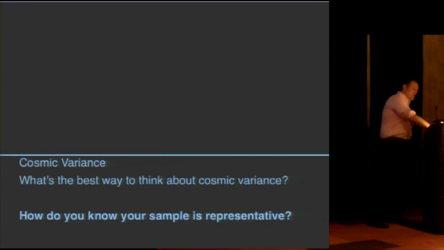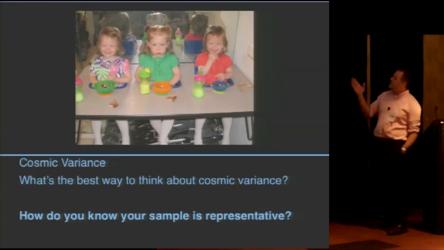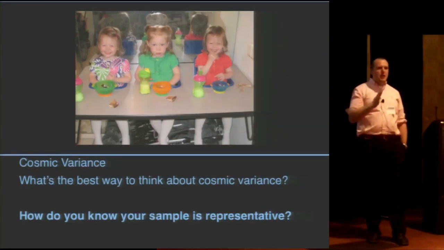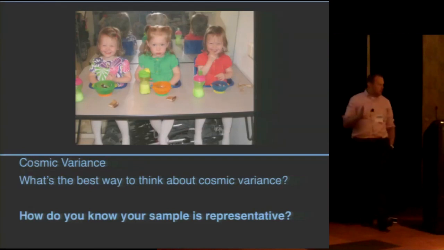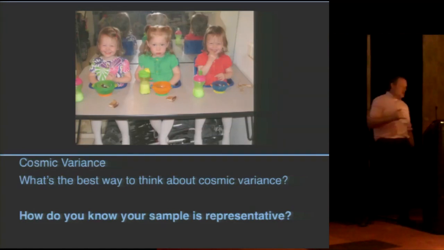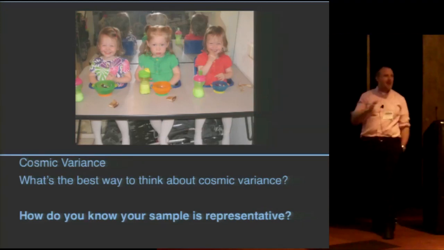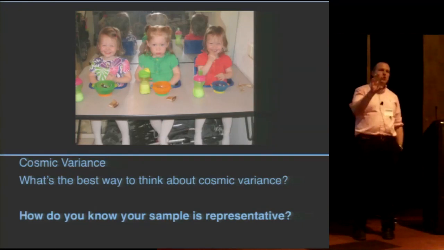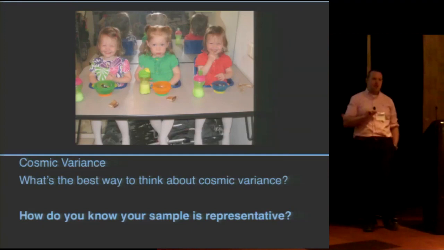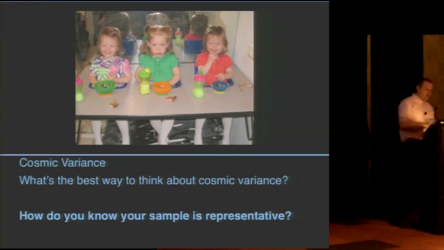I know this very intimately. These are my daughters. I have triplets. If I didn't know any better, I would think that humans had babies three at a time. But I know that my sample is somewhat unusual. And this is the same thing with high redshift galaxies. You have to know whether what you're seeing in the absence of other information is really representative or if it's quite an unusual event. My daughter in the middle doesn't like that joke.